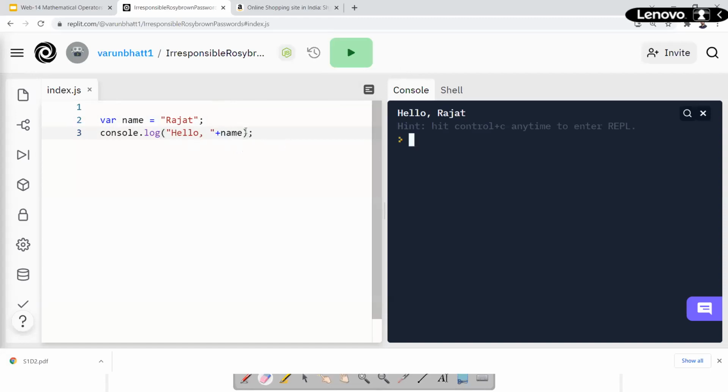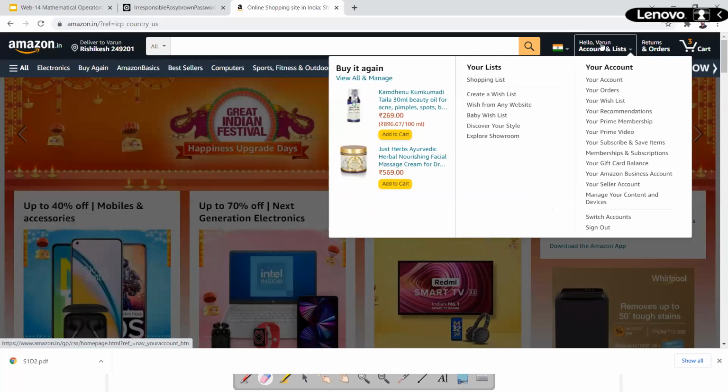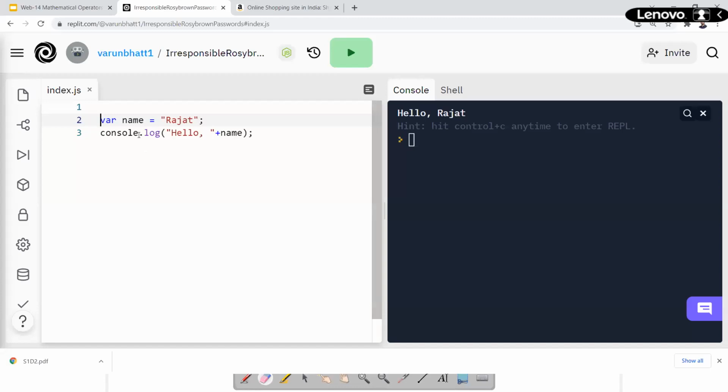Okay, so now this is the way I can show you, like, hello. That's why it is showing hi. And when Shubham is logged in, the value Shubham will come into the name variable and it will automatically put it. Okay. And the next thing which I want to tell you is,